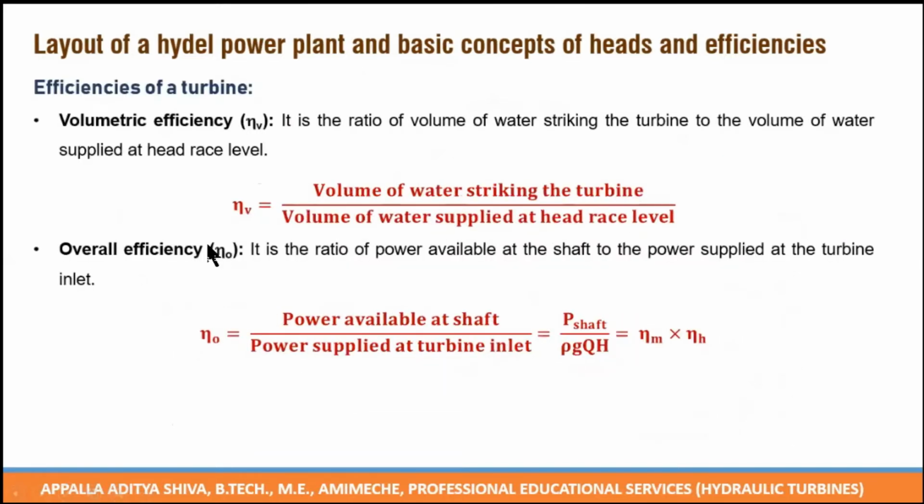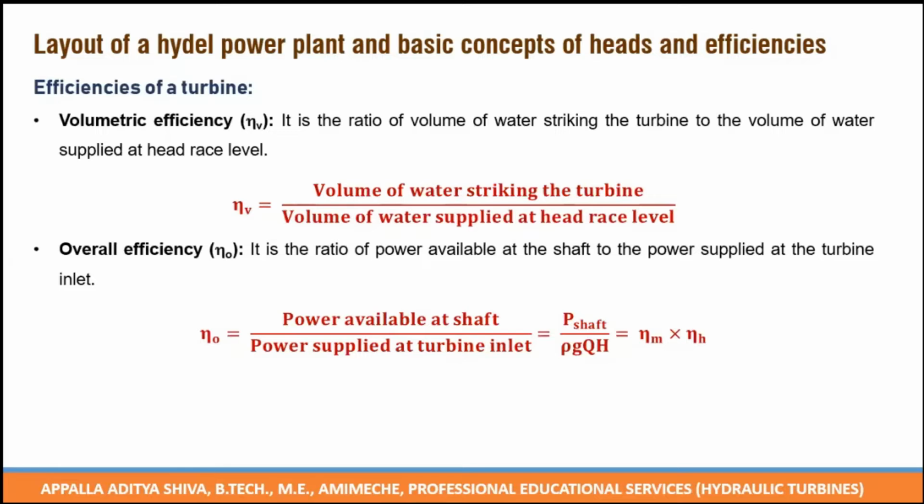Next, last we have overall efficiency. Most industrial turbines are specified on the basis of overall efficiency. Now when we look at overall efficiency, we have to go only between the extreme inlet and the extreme outlet. That is, when we are supplying water at the turbine inlet, that is from the nozzle, to the power available at the turbine shaft. So this ratio, that is the power available at the turbine shaft to the power supplied at the turbine inlet from the nozzle, is the overall efficiency.